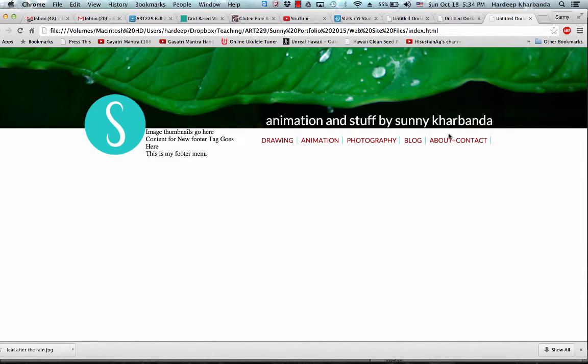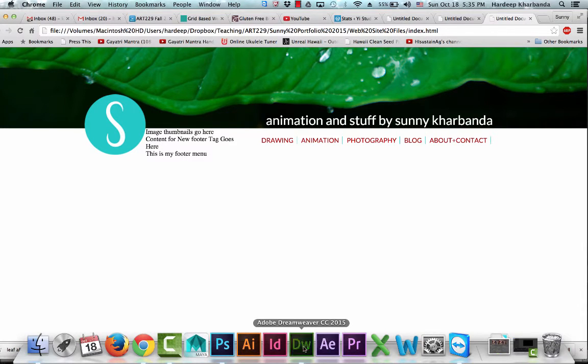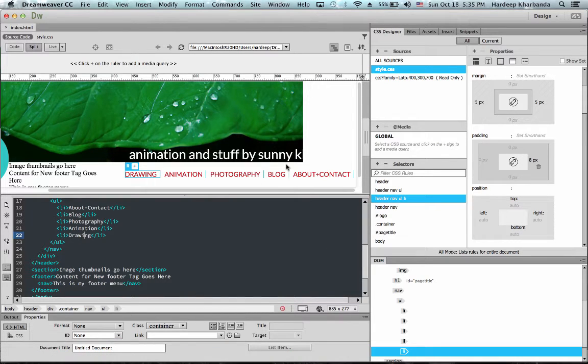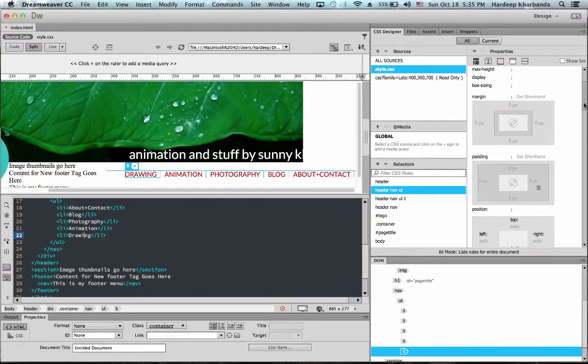There are a few things I could change. Now I have a little too much space above my nav. Back in Dreamweaver, I can see that my live view is showing me this space correctly. So what can I do? I'm going to go up to my UL, the bulleted list that I added. I'm going to make sure that there is no space at the top. So I'm going to set my top margin to 0. And as soon as I did that, it got rid of that extra space above my menu.